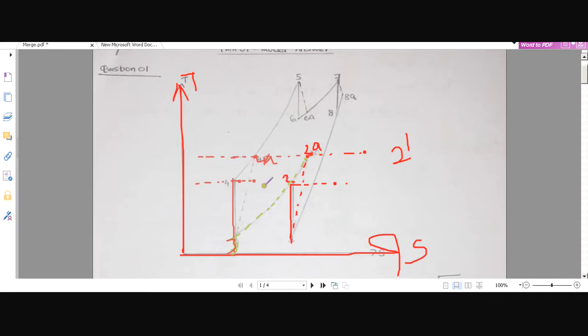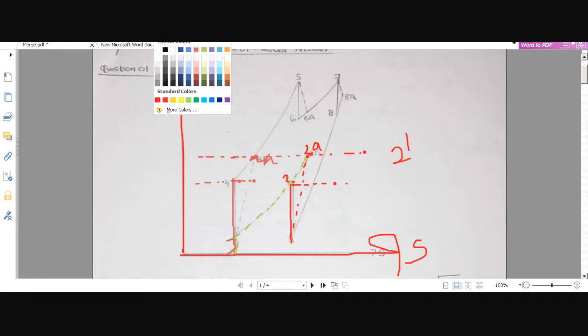But keep in mind, this 4a actual and 2a actual also should be at the same level, right? Because I told you, the temperature at point 2 and the temperature at point 4 both are same. Those things I already discussed, right? So this is something extra. Now, if you are going to reject the heat, definitely the entropy is reduced, right? Because we are going to reject heat, so entropy is definitely reduced. Okay, so now we are at this point.